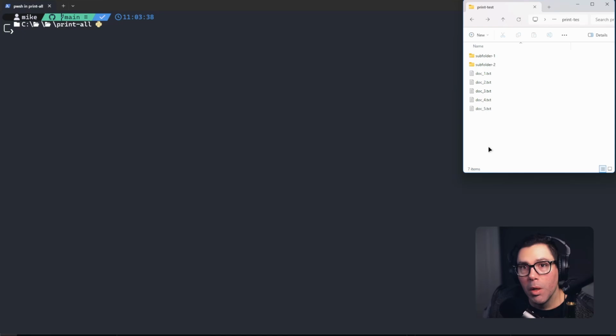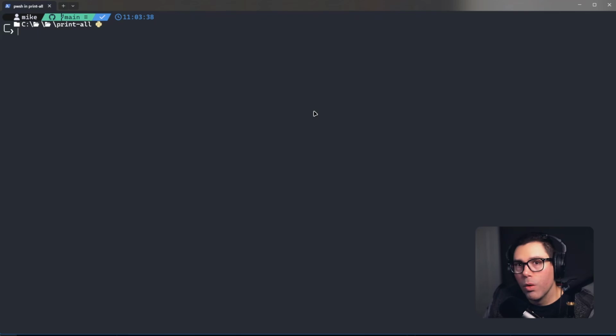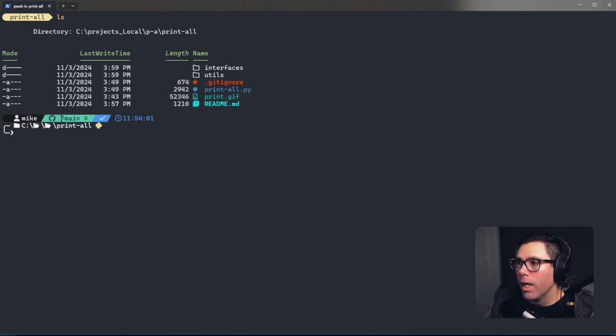With this script that I'm about to show you, you can print all of these out in just one go. And there's no real restriction in how many documents you can print. Let me demonstrate. So looking at the terminal, I'm in a folder where I actually have the script already installed